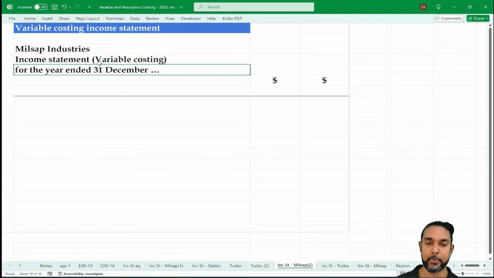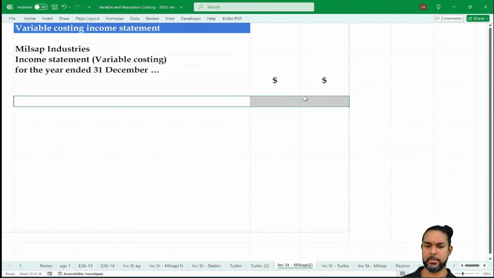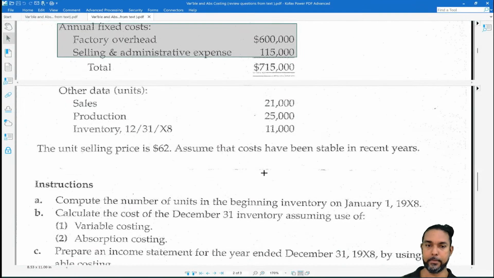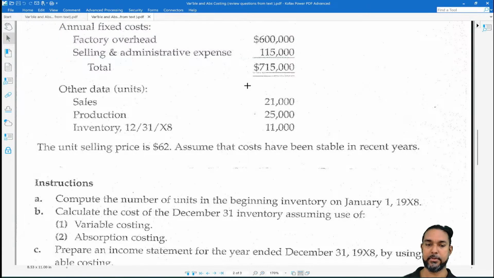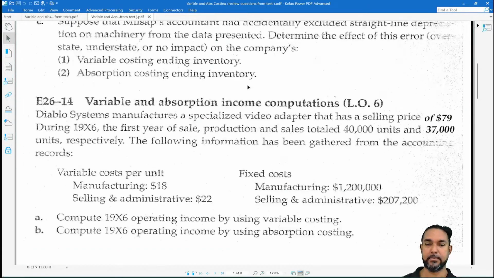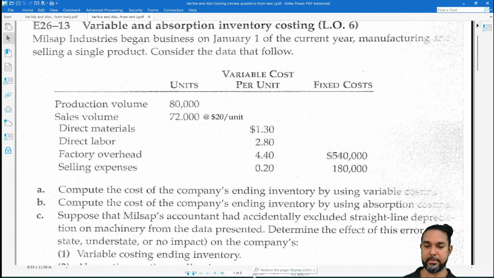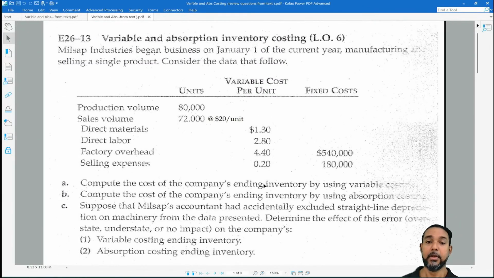Variable, right? Okay, so hold on, what's that there? Right, so this is Milsap. Okay, cool. Let's get rid of this. Let's go back to Milsap. Right, so Milsap was on top of here. And let's zoom out a little bit. I feel like that's a lot. Right. Okay, so Milsap